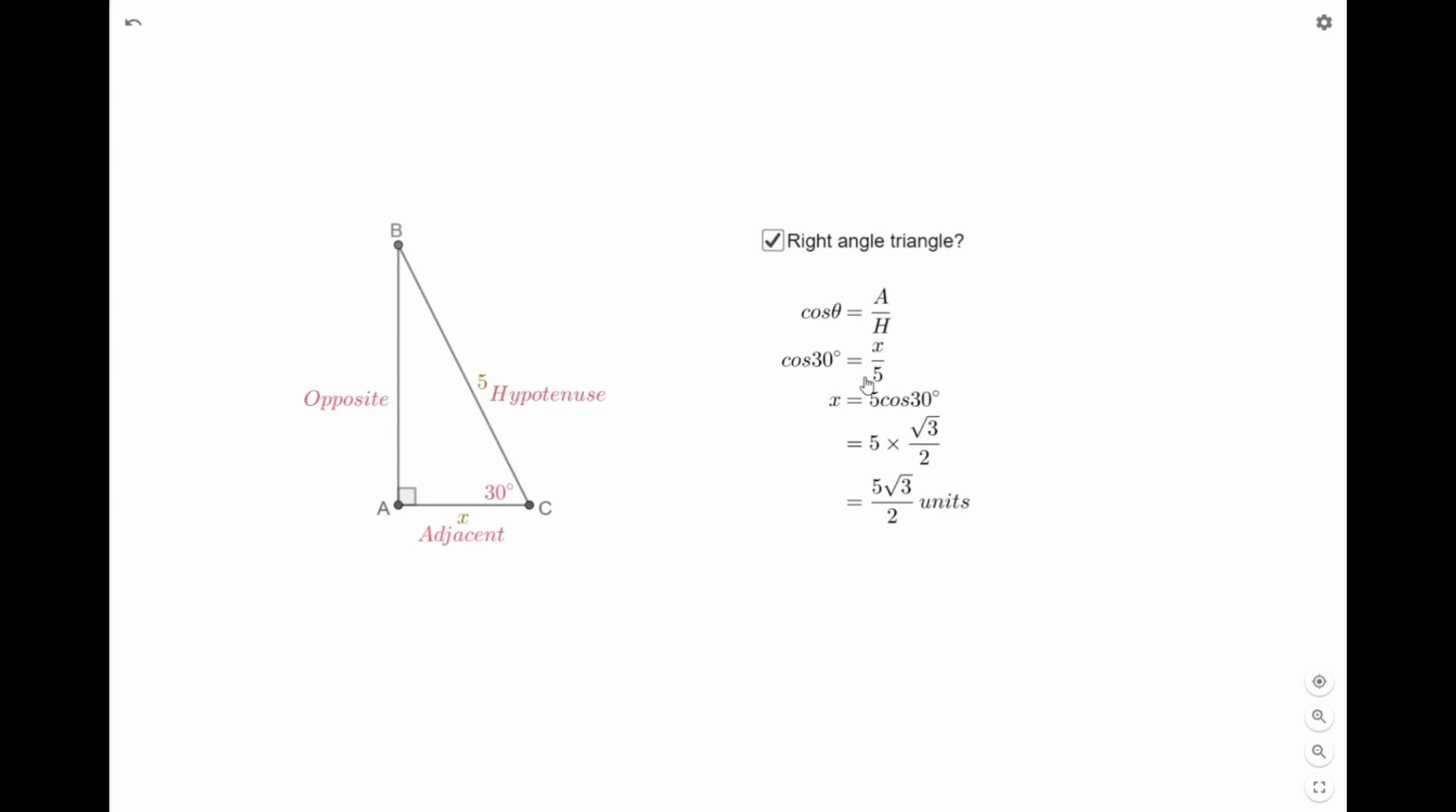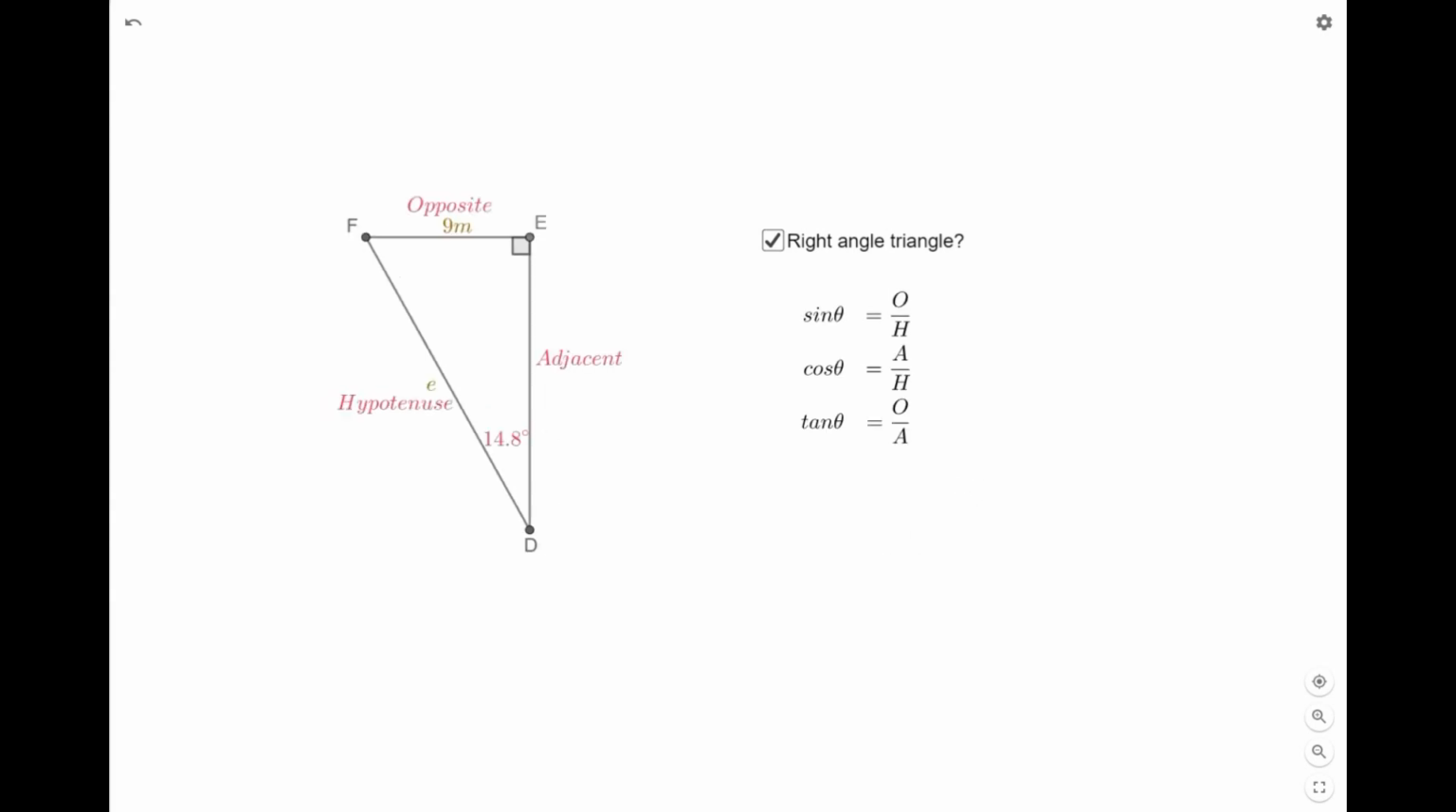Next, you multiply 5 on both sides of the equation, and I also switched the equation around as well. Multiplying 5 on this side will give you x. Multiplying 5 on this side will give you 5 cos 30 degrees. Cos 30 degrees has an exact value of root 3 on 2, and 5 times root 3 on 2 gives you 5 root 3 on 2. Don't forget that x is a length, and even though there's no units here,